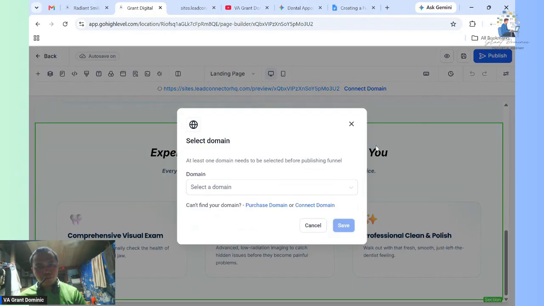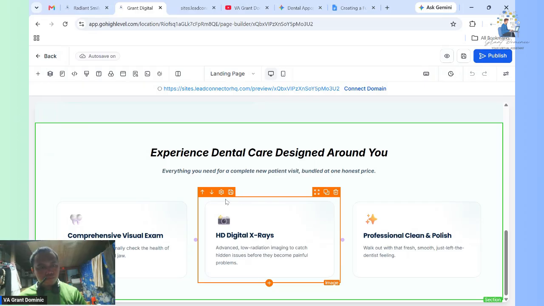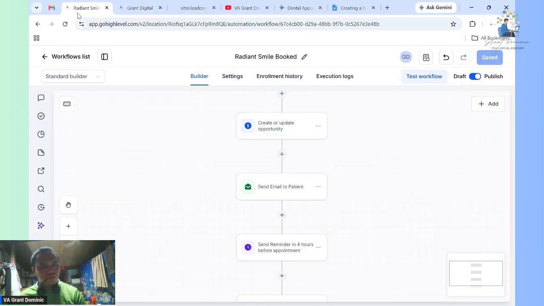It's not published yet. Let me double check. Let me double check the automation.